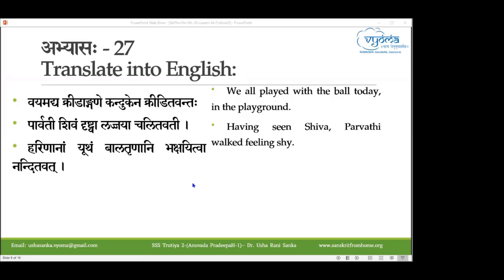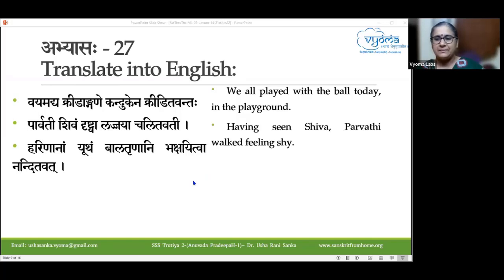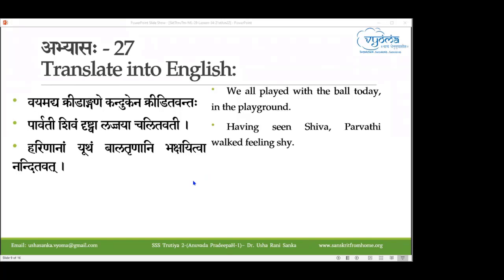Yes, small. Bhakshitam, eating. Yutham. The deer, having eaten green grass,